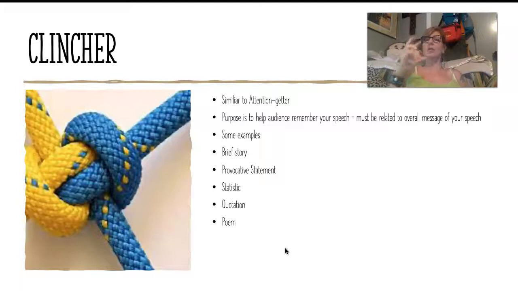And if you started with something like that, then you could end with another statistic, or remind us what that statistic is and how it's important that we be part of the solution if you're doing a persuasive speech of why it's important for us to change that statistic from going from 56% to 0%. I'm making this up, but for example,